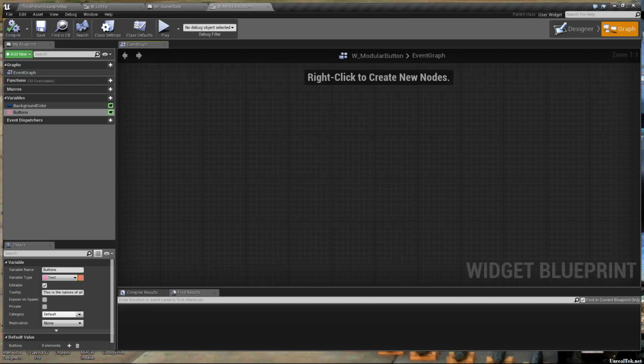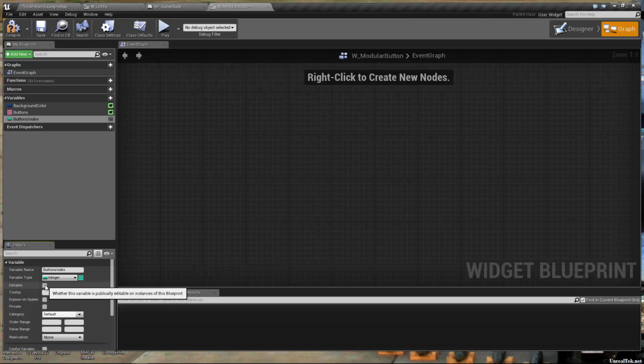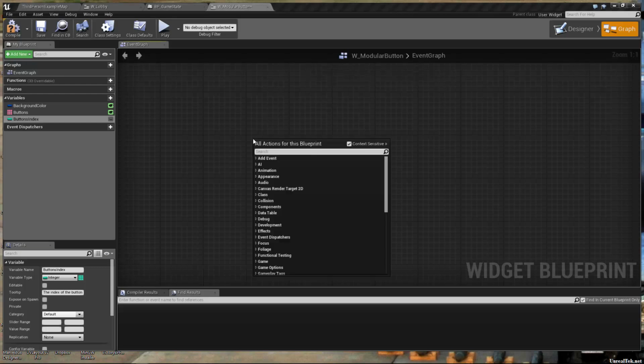Buttons. And so what we want to do is we'll go on event construct. So when it's created, we want to make up our buttons. So we'll do a for each loop. For each loop, our array is going to be our array of buttons. And for each of them,